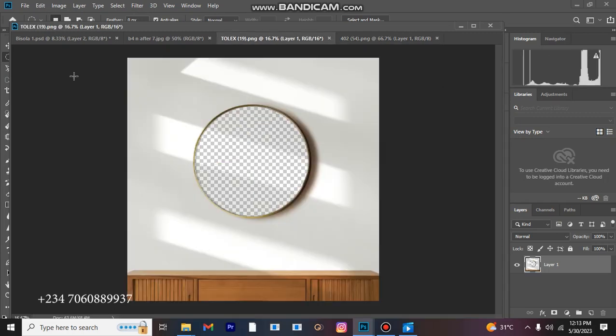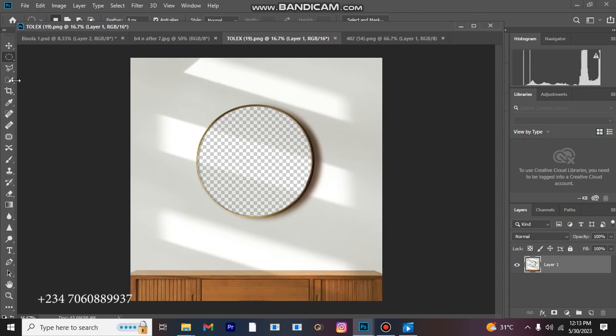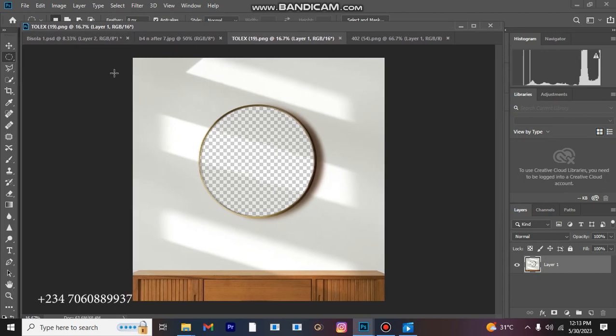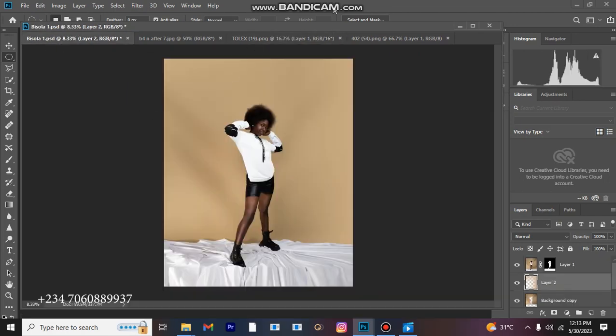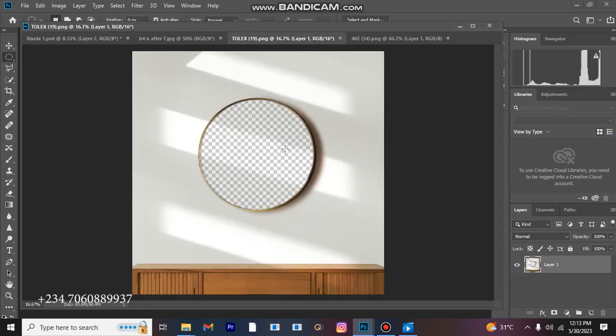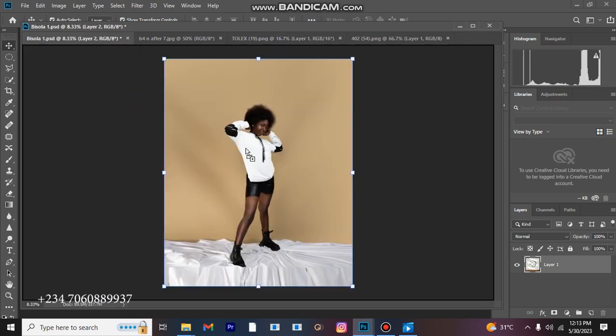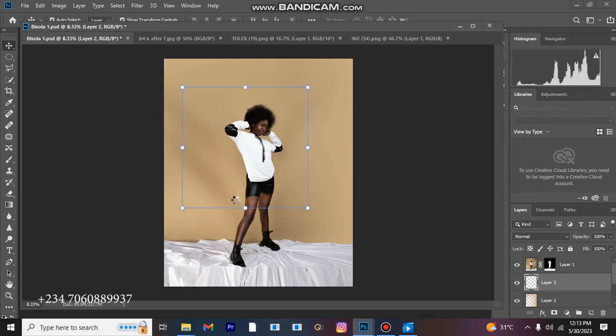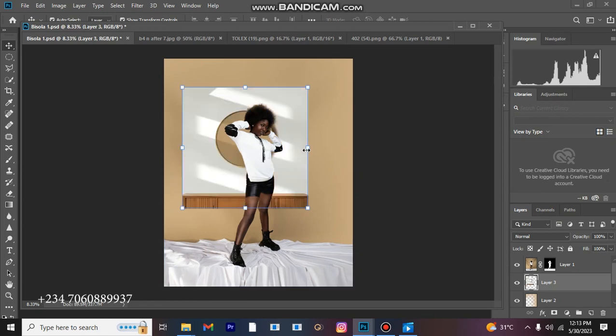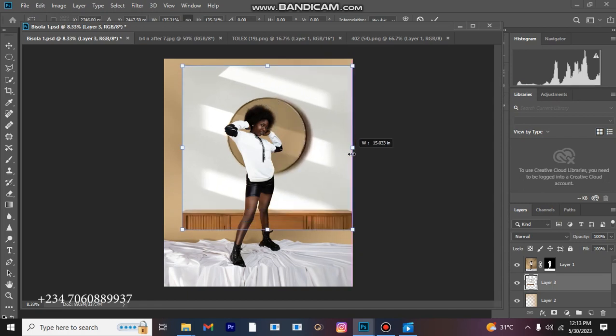what we are going to be doing next is to drag them into where our workspace actually is. So let me drag the background first. Go to your move tool and, okay, so like so. Let me drop this here. Okay, so let's wait for it to load up. Okay, so just drag it like so,